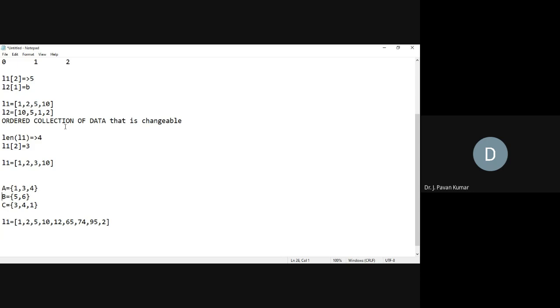You consider the previous one. We are having A as the set. Now, A is containing the elements like this. Is it possible? A is equal to 1, 2, 2, 3, 4. Can we have duplicates? In a set, can we have duplicates? Yes, sir.